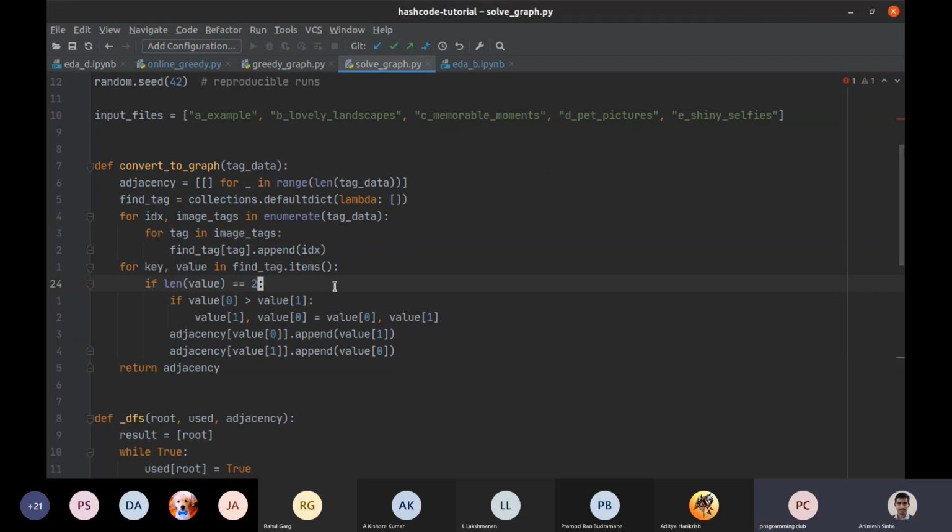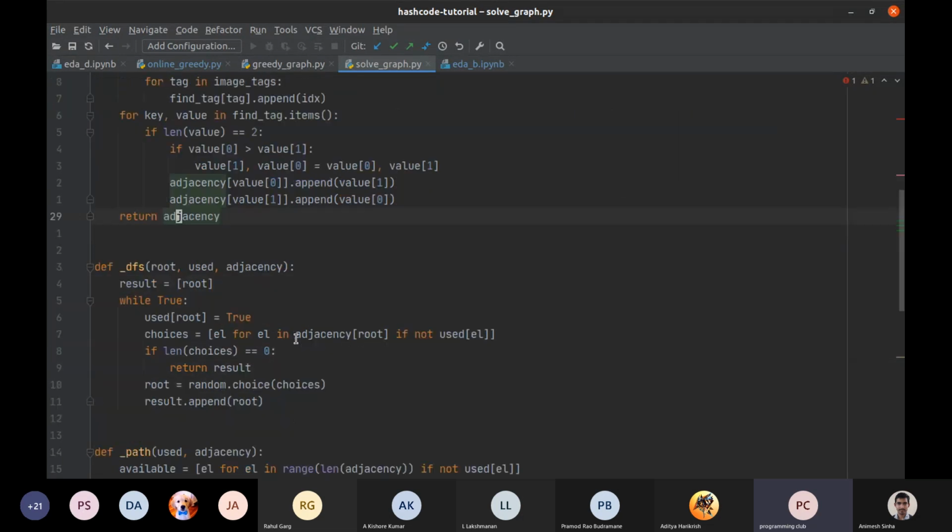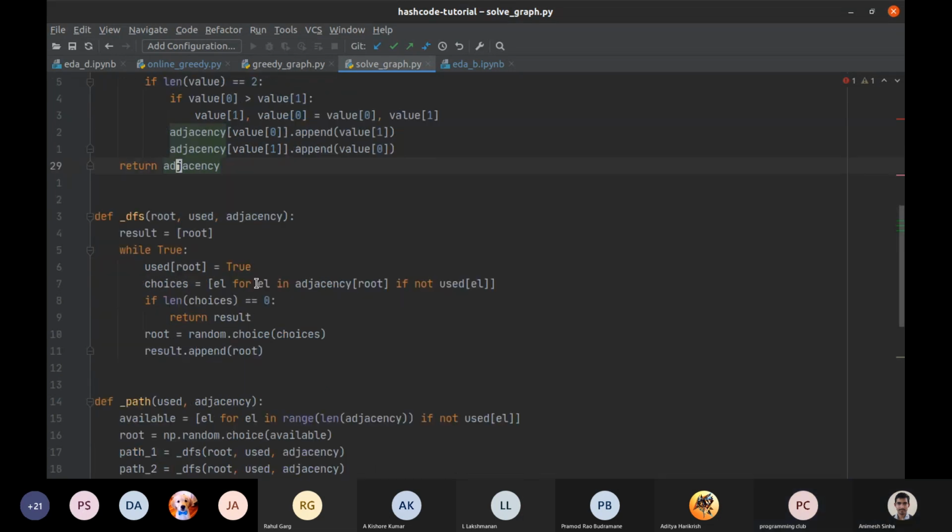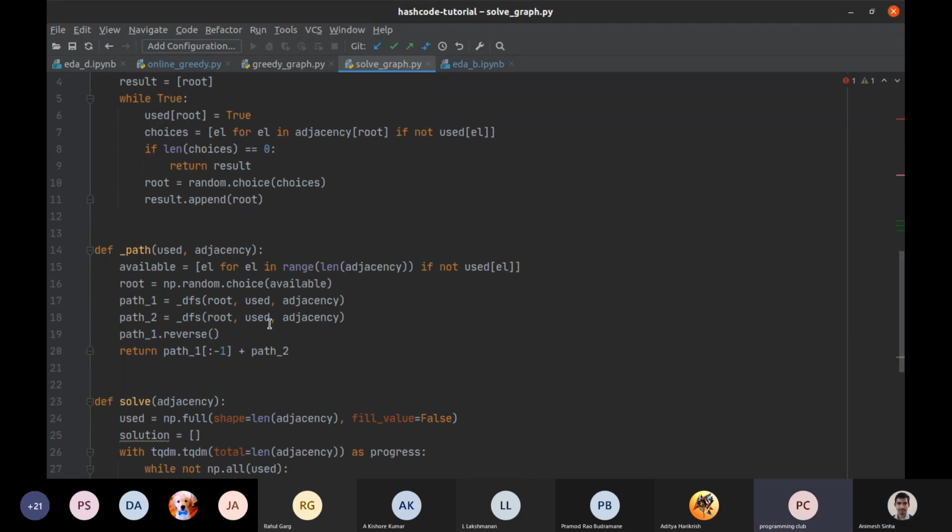We are just treating this as a graph. You will notice we just went from a photo slideshow to an undirected graph in no time. This is the power of EDA. You look at the EDA and you say, oh, I know what this problem looks like. We have solved it before. It's a graph. And now I'm solving a graph. I don't know what a slideshow is. It's just a regular graph. So at this point, when you return adjacency, you're done. I don't care about the graph. I don't care about the slideshow anymore. I think that's right? Yeah, exactly.